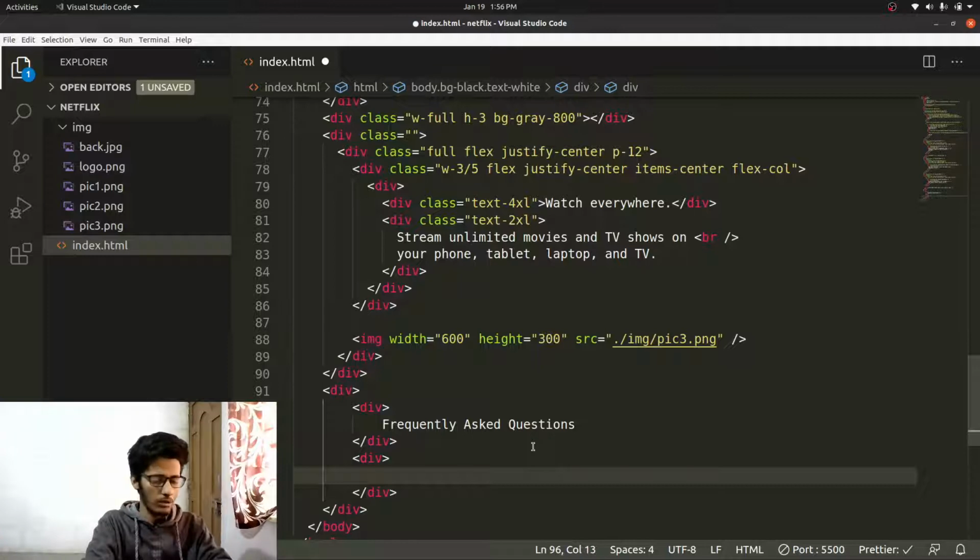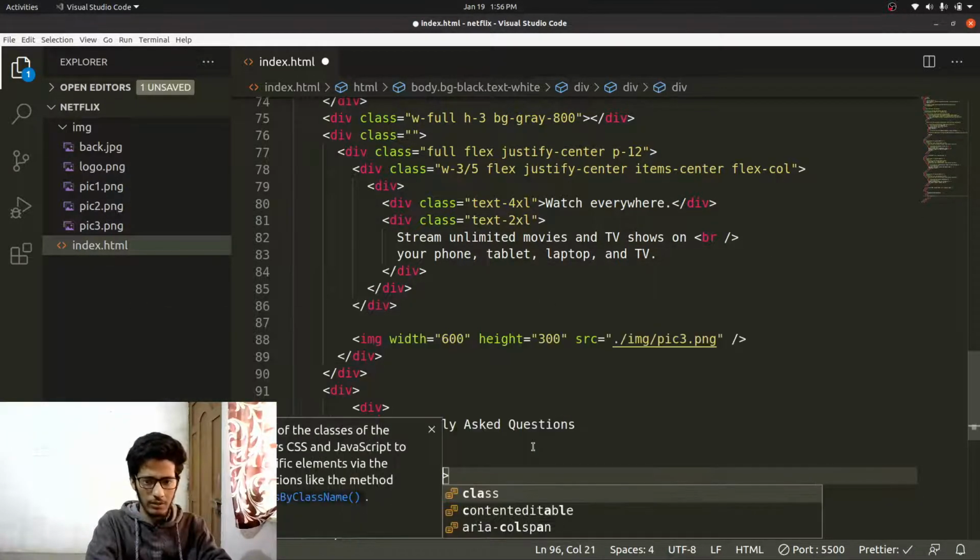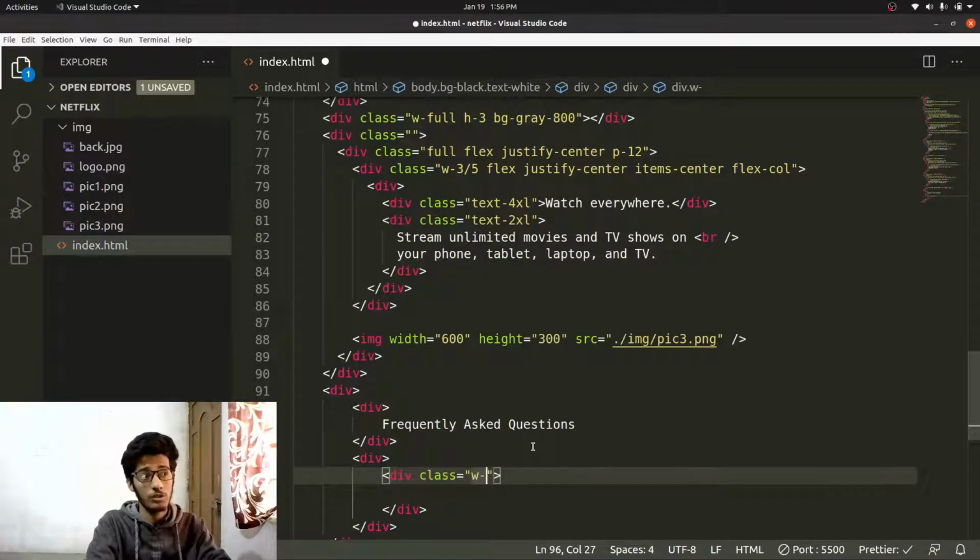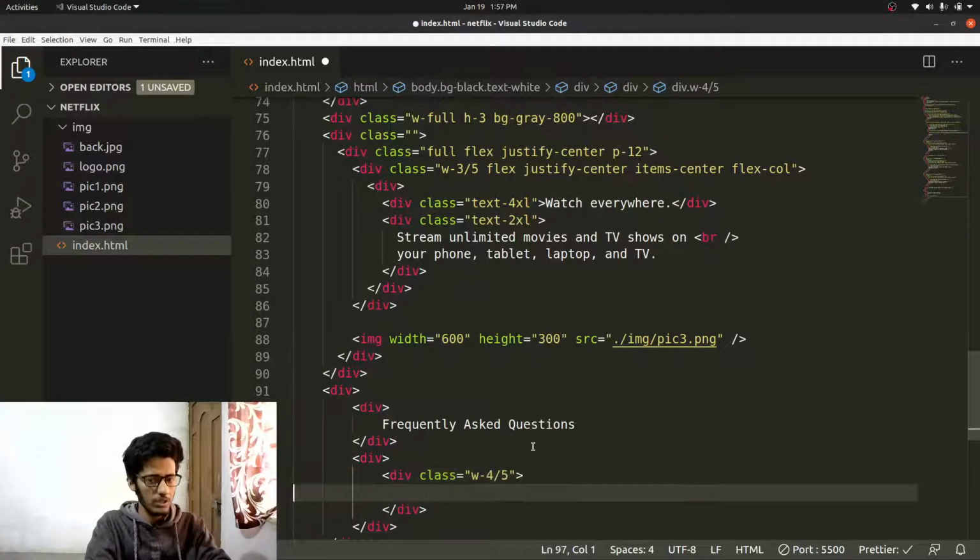Because they're in the middle, they have some percentage of the whole width. So whatever div will be inside this will have a class and a width which will actually be 60% of the whole width. For the 60%, let's do like 4 out of 5. That will be 60%. And the next thing we'll be doing is simply providing 2 things. First is